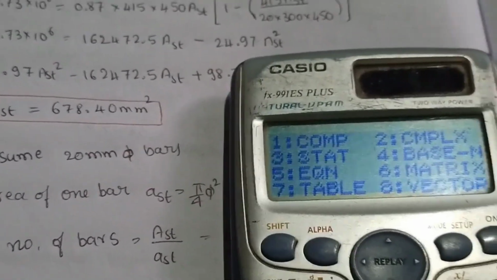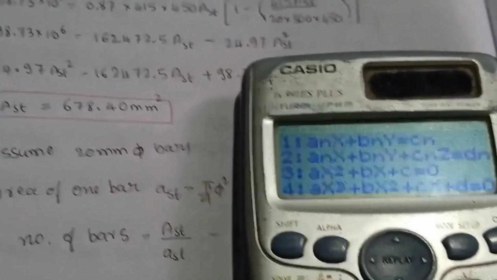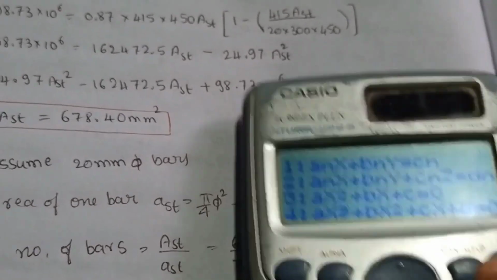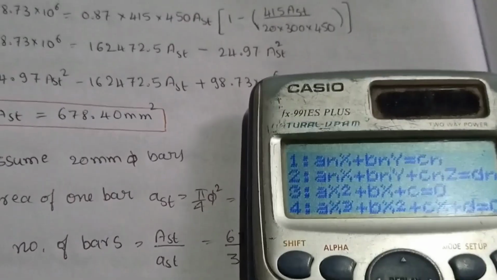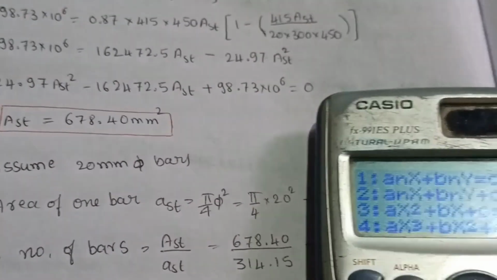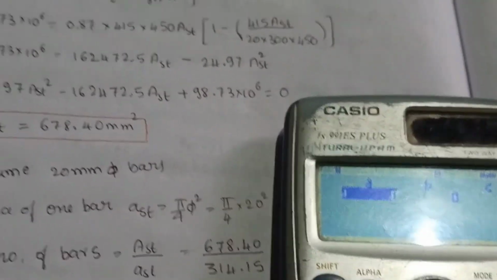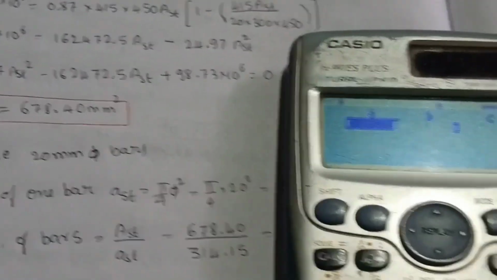So using the calculator, at number 5 is equation. So I am pressing 5, and at number 3 is ax square plus bx plus c is equal to 0. So our equation is in the form of equation 3. So I am taking equation 3 and substituting all the values. That is, the first value is